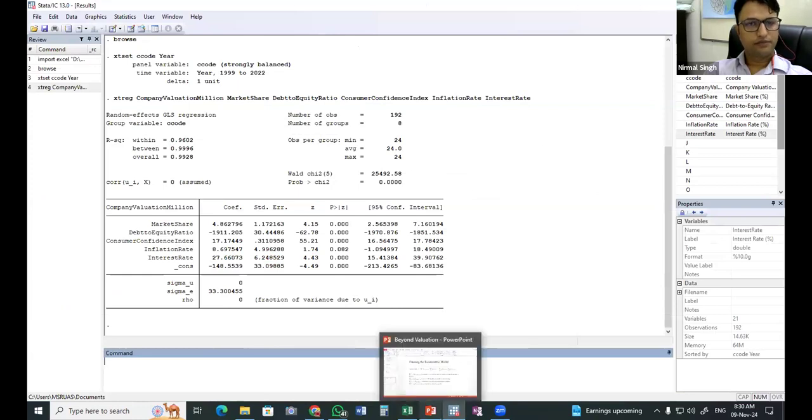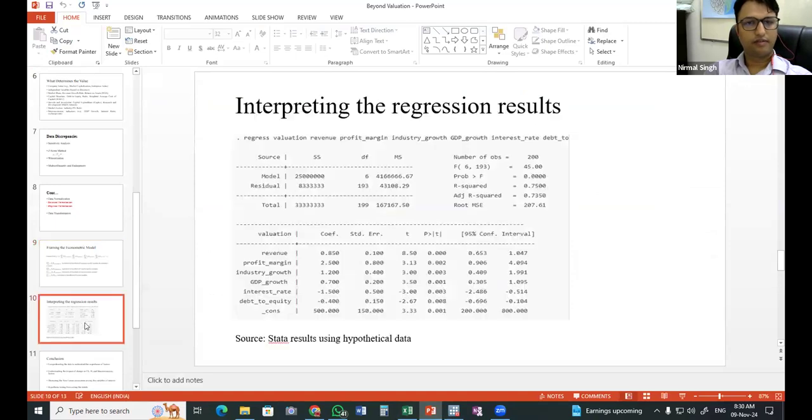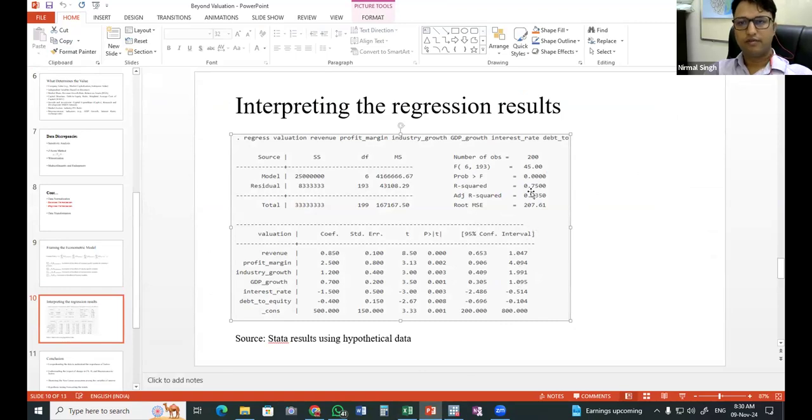So now I will interpret these results. For example, I have kept similar data results here. This is for the ordinary model. If we are running the panel model, we will get the Wald chi, and for that also we need to look at the p-value.